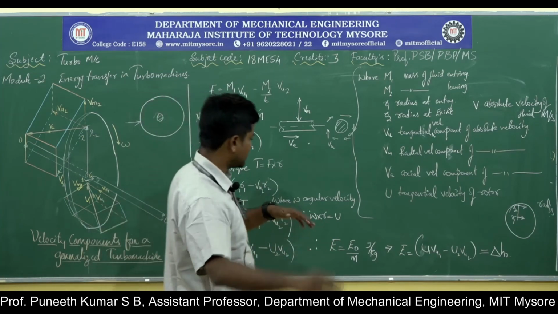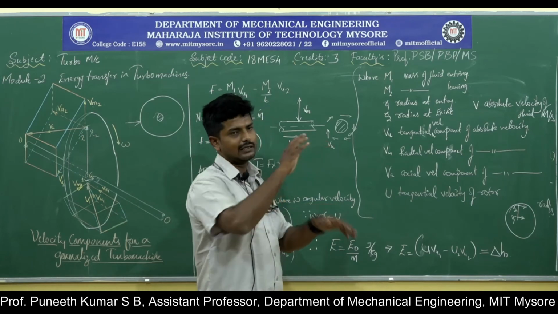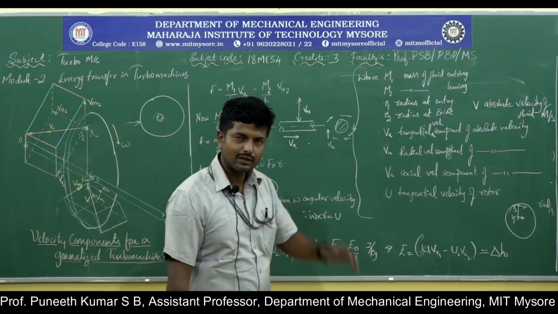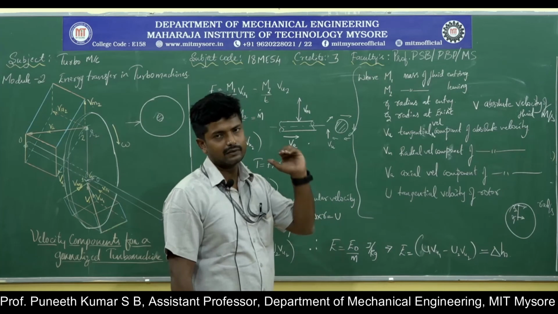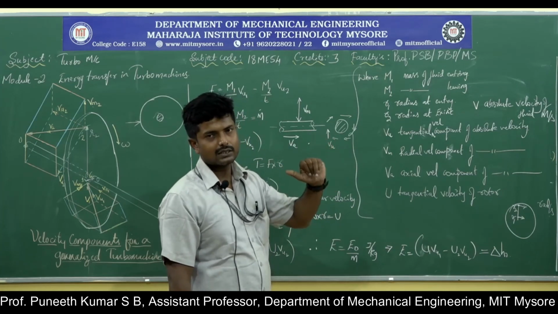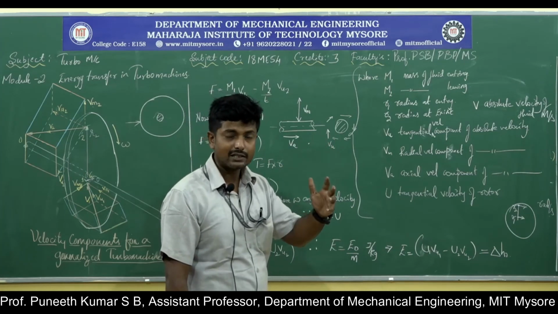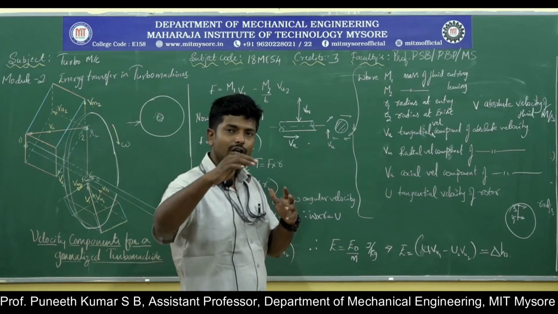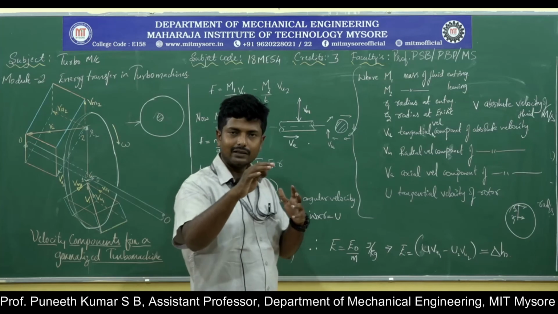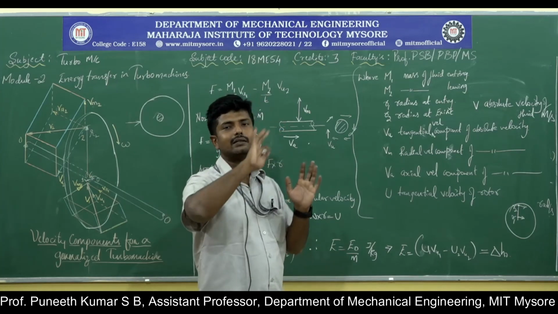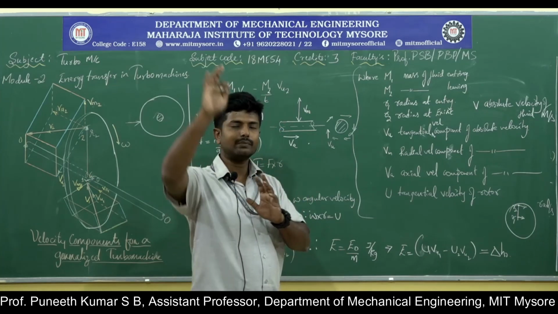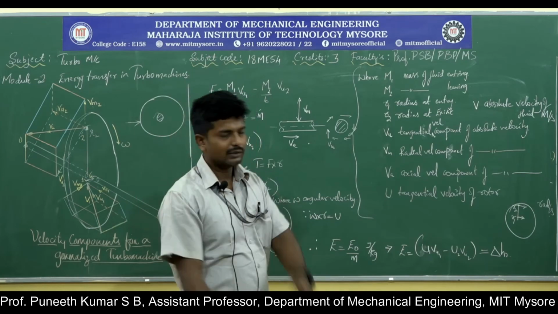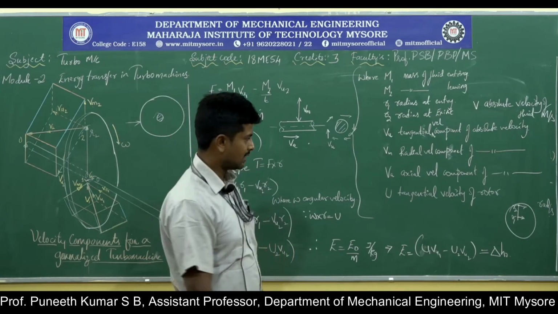If the radii are the same at the inlet and exit, the tangential velocities at the inlet and exit will also remain the same. This is the case in axial flow machines, where the flow will not change its radius from inlet to outlet. The very best example is the fan. So, we will be discussing it in the later classes.